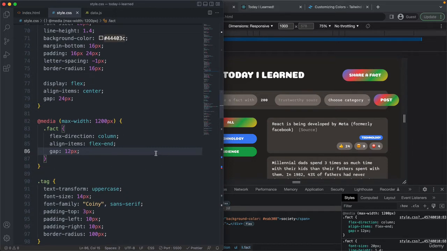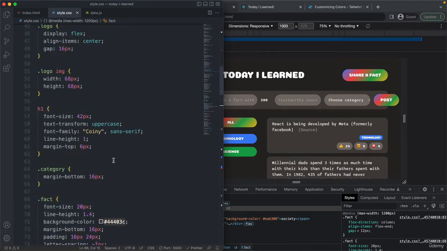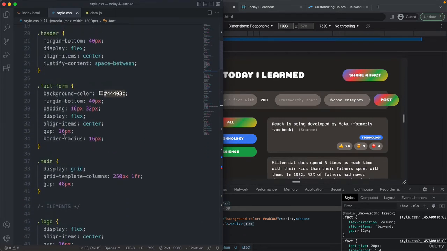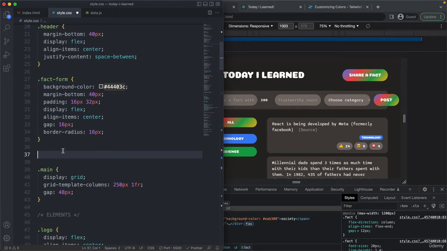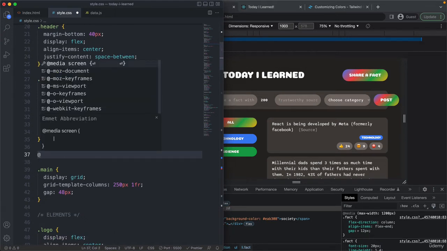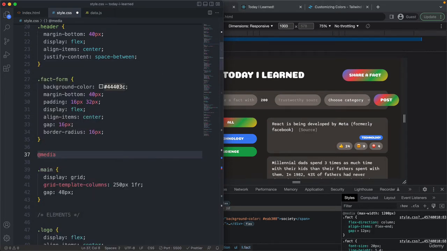So let's go to the form, which is somewhere up here. And let's place our media query here. Now the media queries could be anywhere. They could even be in another file, but I like to keep them close to each of these elements that we are actually changing. Again, what matters the most is that it is actually after the original definition. Okay, so max width of 1000 pixels, and we could